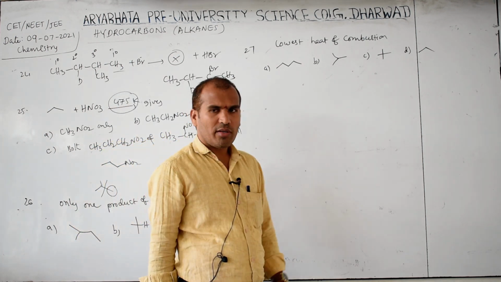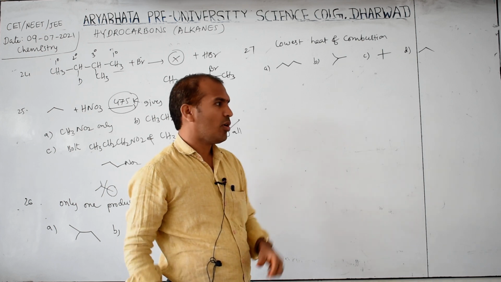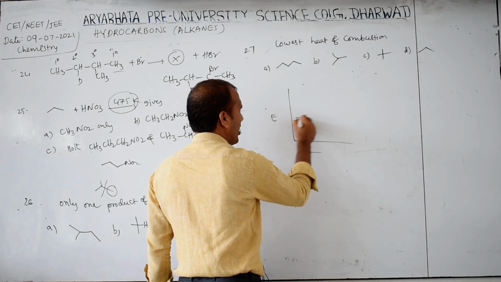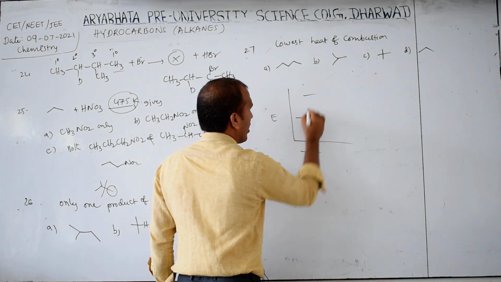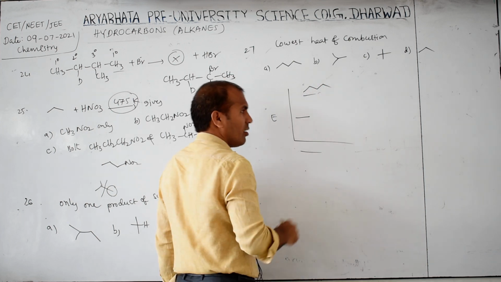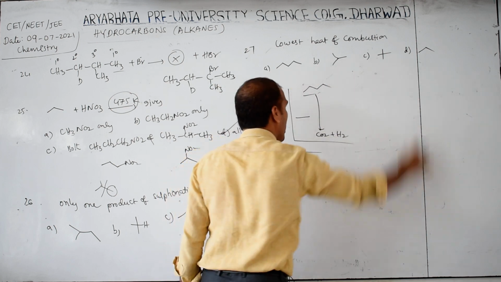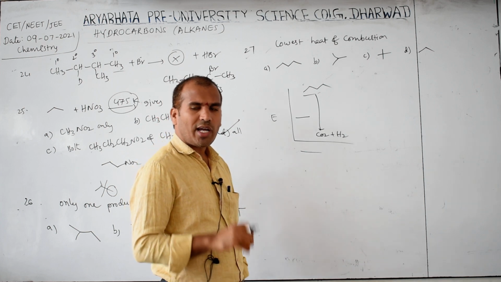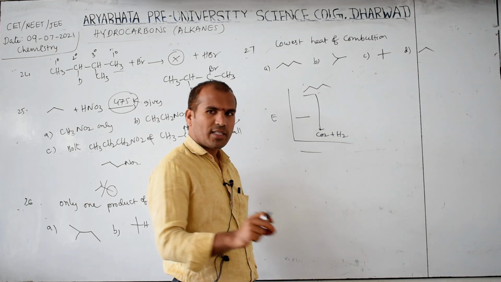Lowest heat of combustion means branching increases, that is a stable molecule. Stable molecule means, see, this is an energy diagram, this is the reaction coordinate. Stable molecule has lower energy, unstable molecule has higher energy. So it undergoes combustion. For example, this is pentane. Pentane undergoes combustion and it gives CO2 plus H2O. All A, B, C, D options give CO2 plus H2O. Combustion reaction means hydrocarbon undergoes combustion in presence of oxygen, that gives carbon dioxide and liquid H2O.